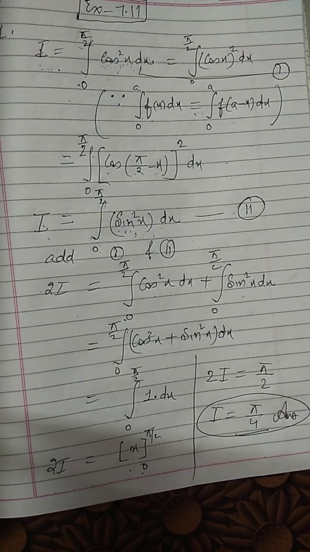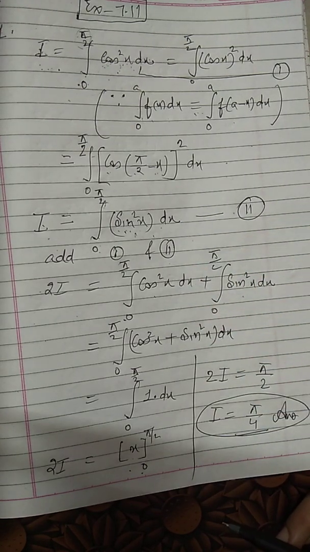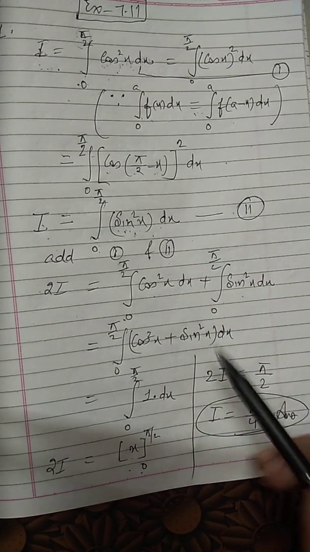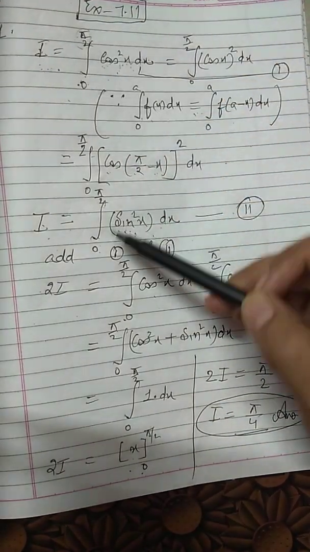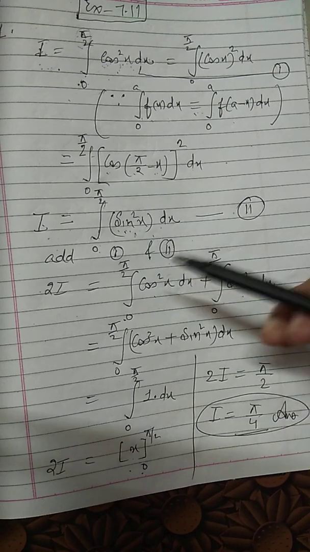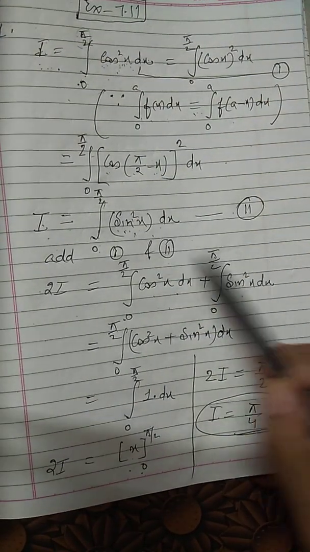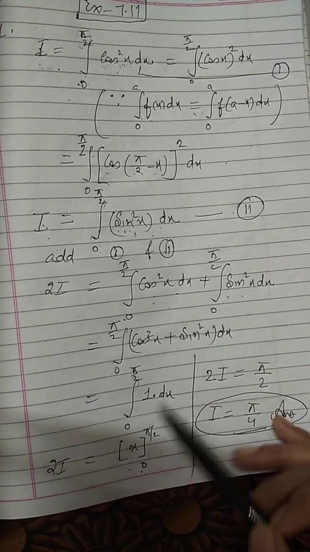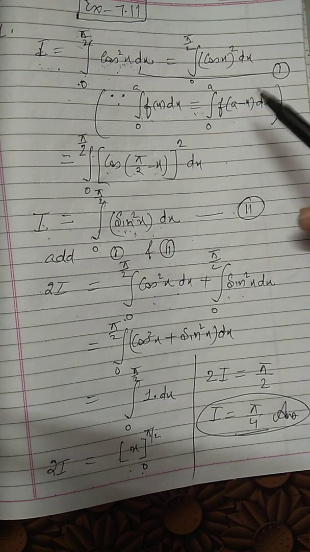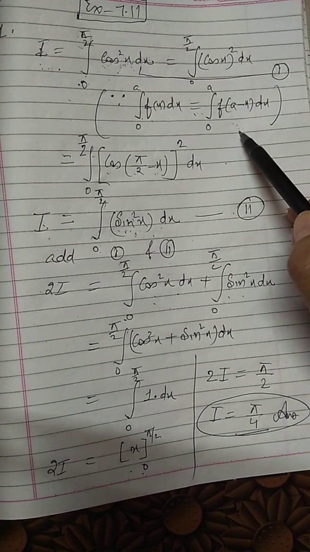Okay, we have just applied the property. I have actually increased the number of steps for you, as this is the first sum. When I notice that the limits in the first and second equations are the same, in that step itself I can write cos square x plus sin square x. So I have written this step extra, and then we get 1, whose integral is x. And when you apply any property, you must mention it, that is a must.